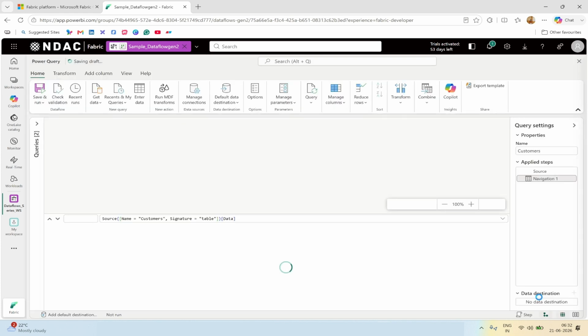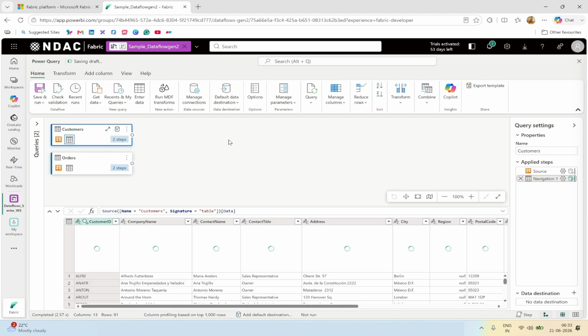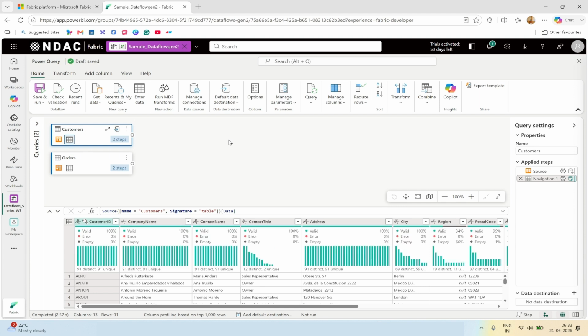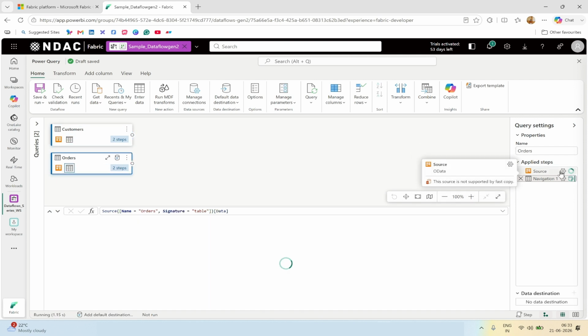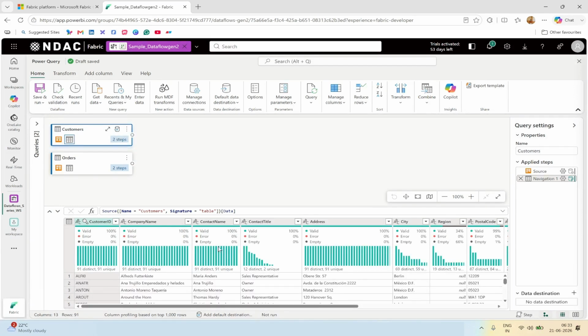Now the moment I click on create, if you see, it directly opens the data in your Dataflow Gen2, which I'll call the online Power Query editor. See, currently it is selected. If I hover over here, the data source is OData. Again, if I click, the data source is OData. It is showing the two values. Here also it is showing the table view. Basically, here we are on the schema view. That's why we are able to see this. Okay. Now what I will do,